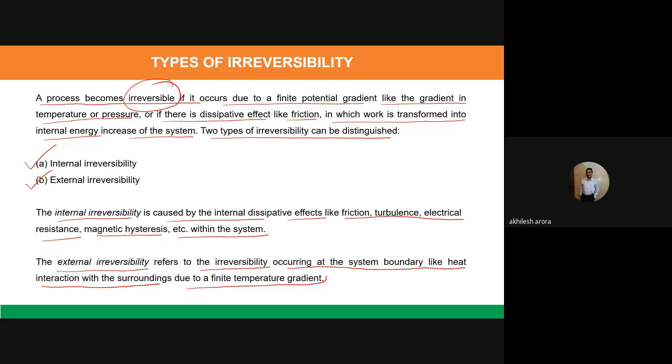You tried for 100% marks, but finally you ended up getting only 90% marks, and 10% marks were reduced because of that external irreversibility. In the first case, when you got 95% marks, 5% marks were reduced because of the internal irreversibility, which was happening within you only. So whenever the irreversibility occurs within the system boundaries, then it is known as internal irreversibility. Whereas when it exists outside the system boundary, then it will be known as external irreversibility.